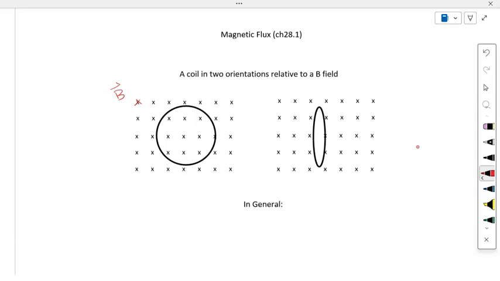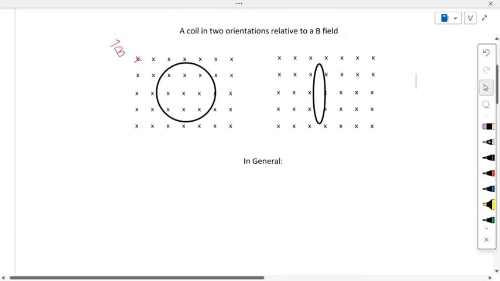And in this two-dimensional form, there are magnetic field vectors that, quote, poke through or go through the loop, and thus we define this quantity, magnetic flux, phi